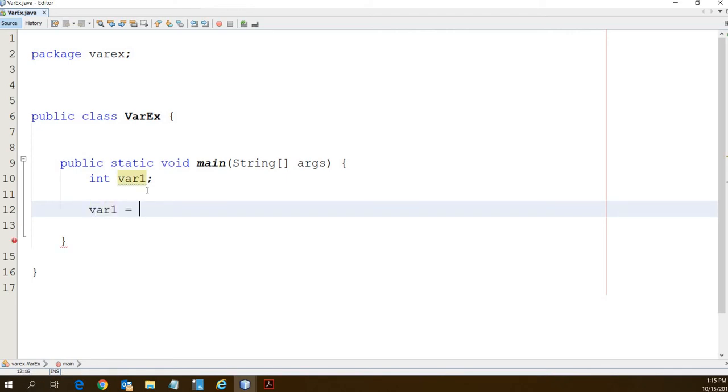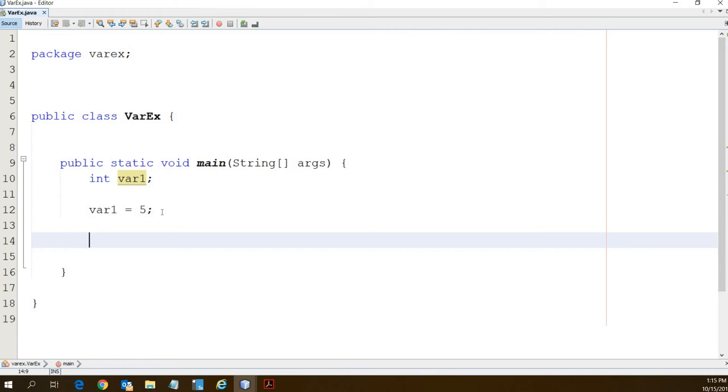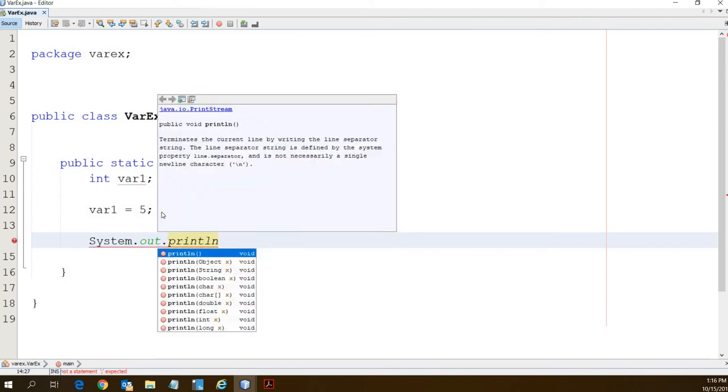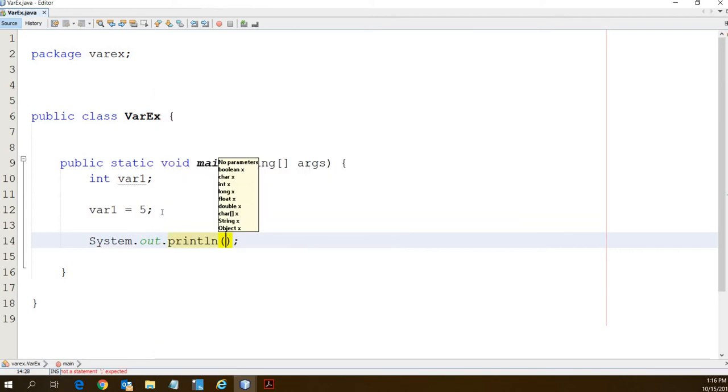var1 equals 5. Okay. So if I say var1 equals 5, this value from this point forward is going to be stored in variable 1, in var1. So var1 now as a container holds the value 5. So if I were to do something that you guys are totally familiar with, System.out.println, we're going to go ahead and do line so it doesn't irritate anybody. And then we're not going to use quotes. I'm just going to go var1,